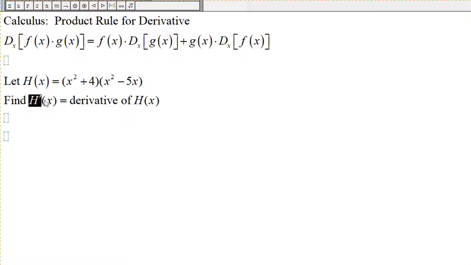And so the derivative using the product rule is going to be x squared plus 4 and then times